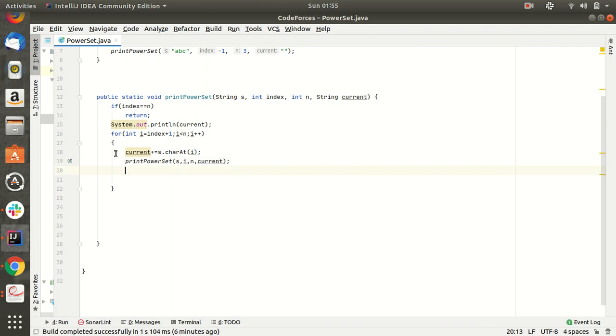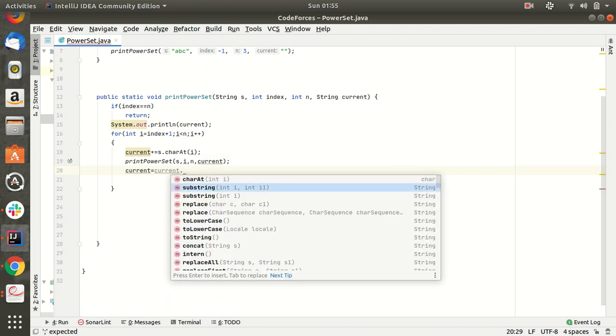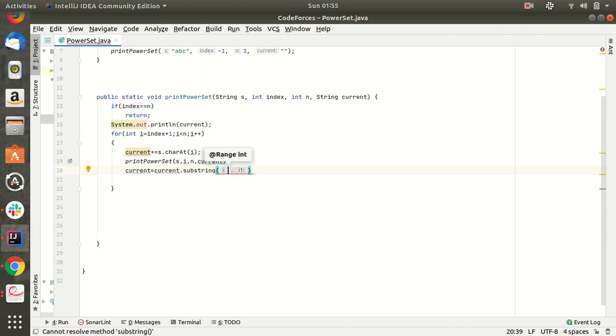Now we need to backtrack as well. In order to delete the same thing after the call, we set current equal to current dot substring from 0 to current dot length minus 1. Basically we are creating another string which is one character shorter and assigning it to current.